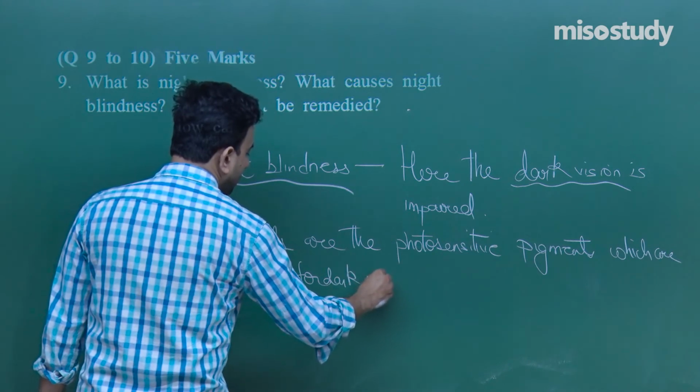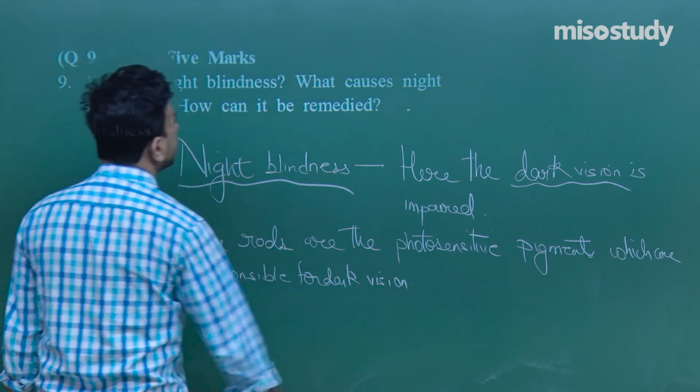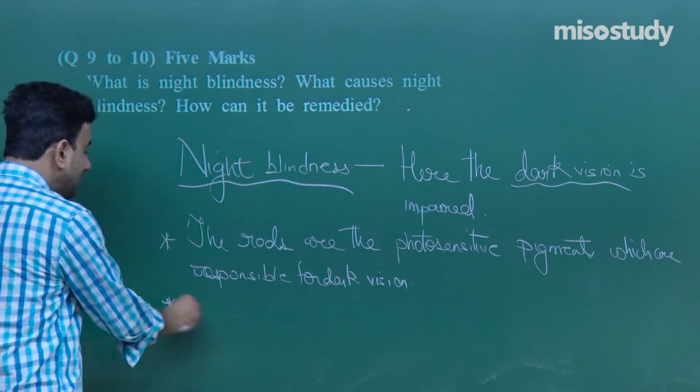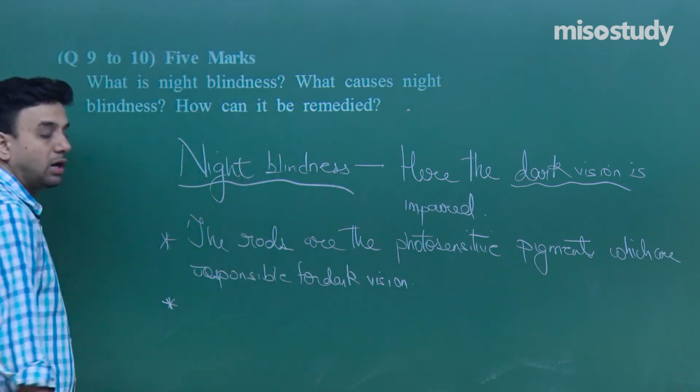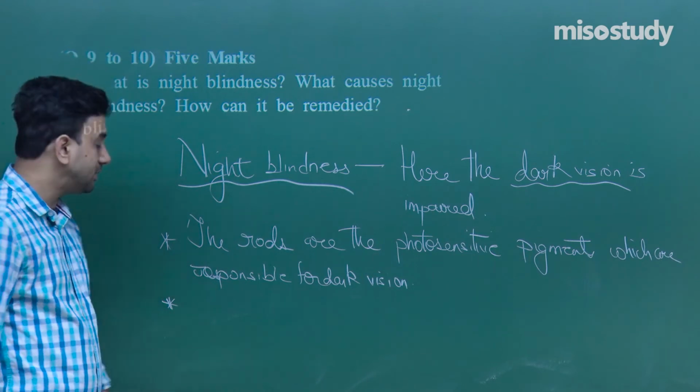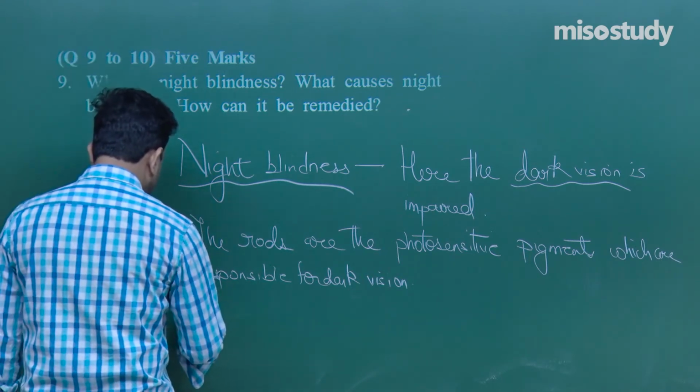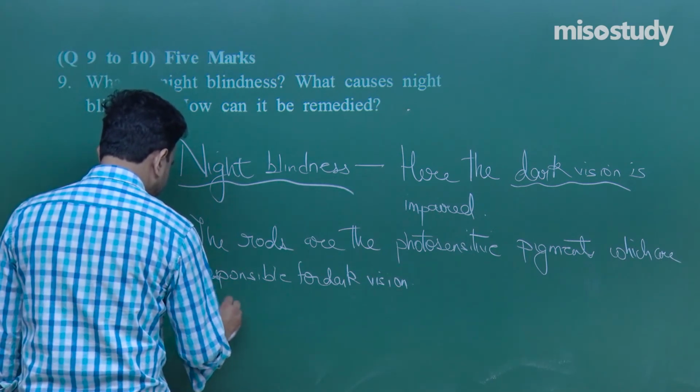These rods are made up of the protein called rhodopsin. So what we see is that deficiency of vitamin A